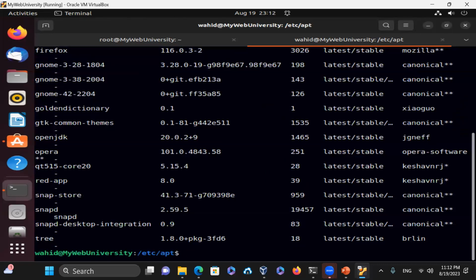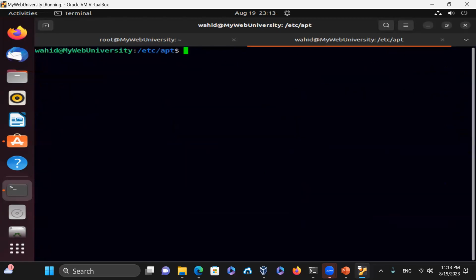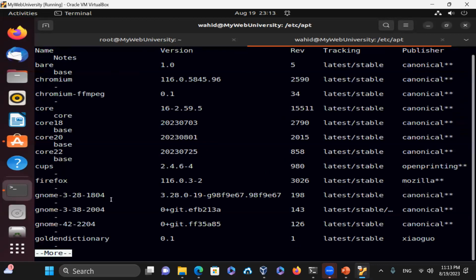And then let me just do a 5 more and read the line, see what it was. Publisher is there, Canonical, all of this one, Mozilla, Canonical, and